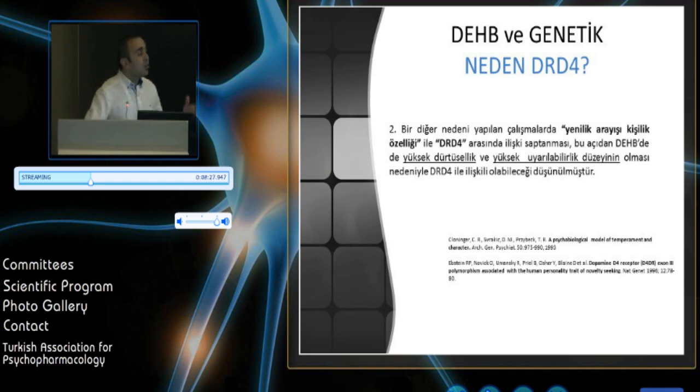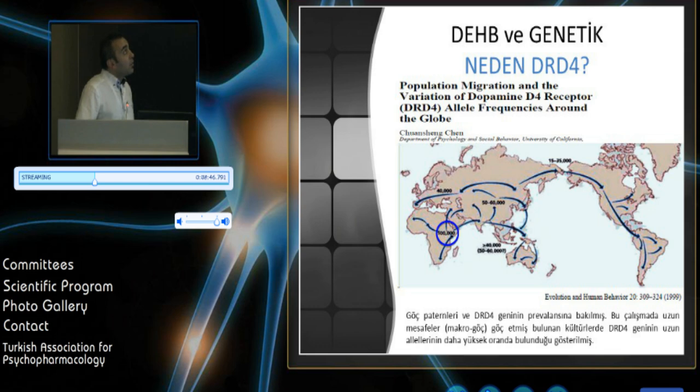In 1993, there was a trial carried out for novelty seeking, and the relationship with DRD4 was evaluated. The authors declared that high impulsivity and a high level of arousability have a significant relationship with the level of DRD4. Another trial about migration patterns and the D4 gene shows that macro migrations and long distances enable the long alleles of D4 receptors